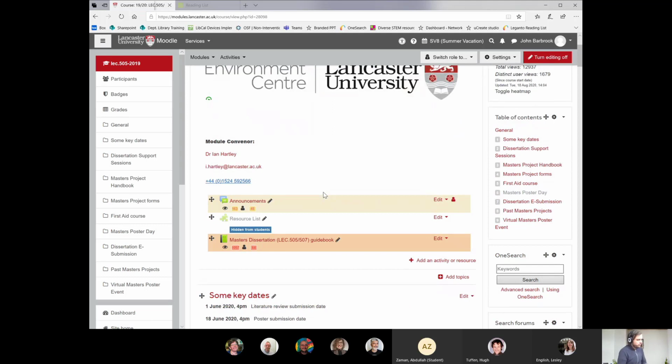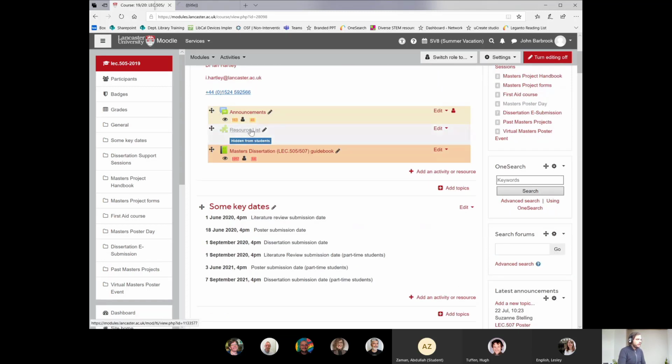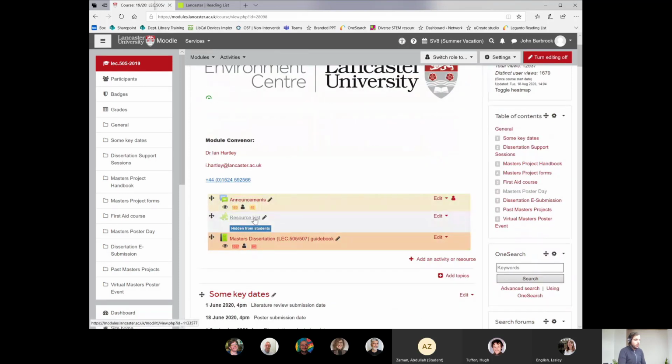Where will you find these resource lists? You can actually go to the software directly, but if you look in your Moodle pages, you'll often find this little grayed out box at the top of your Moodle page. That is actually a link which will directly set up your resource lists for each module. This will save you time.